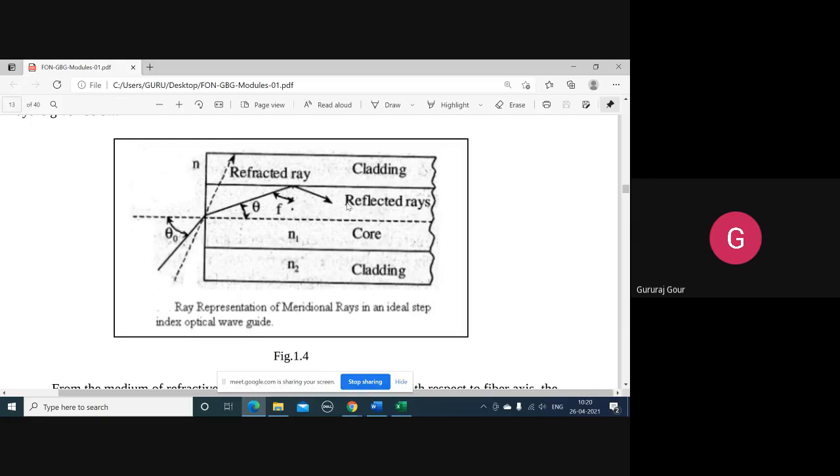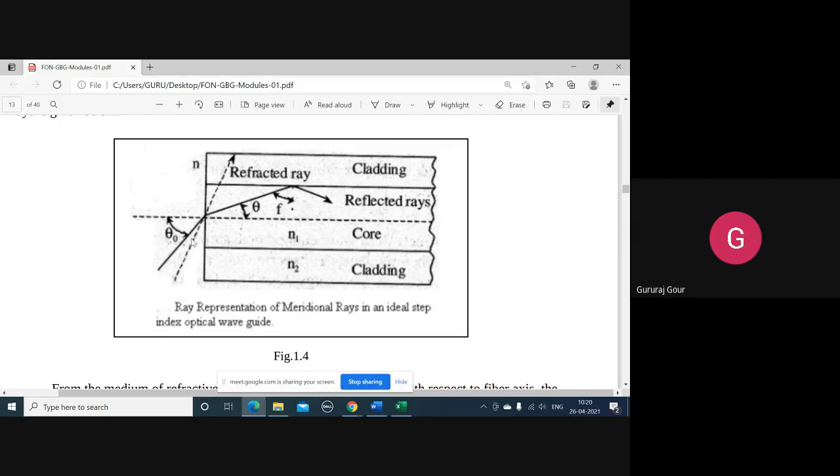So let us come to the ray theory here to explain this figure. We have two media here. Here, having a refractive index n, through which the optical ray is incident at the fiber axis of the core at an angle theta naught. Then there is also another angle inside the core, called theta, which depends on theta naught, the angle with which the ray is incident at the mouth of the core.